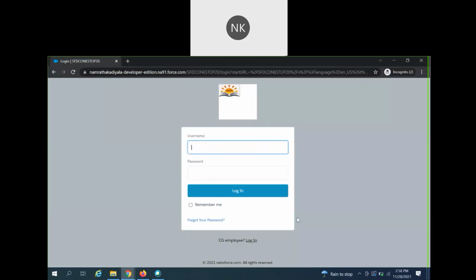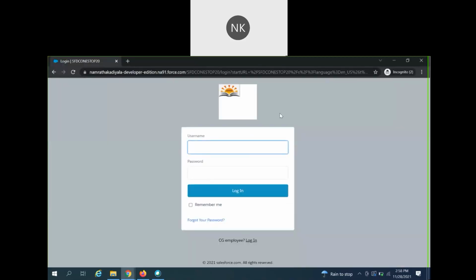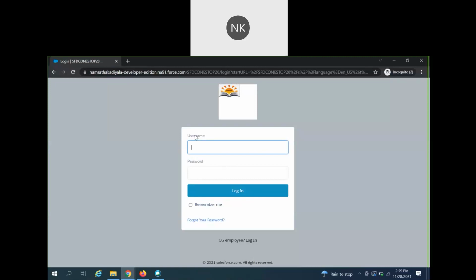Now there could be some requirements wherein you are asked to do slight modifications to this particular section. You can very well do that. Whatever you see here is a standard page, that is, a default page. If you wanted to change this particular page, you can create your own Experience Builder page or a Visualforce page. For example, assume there was a small requirement wherein they want you to make modifications to the username and password, add a little verbiage and small other changes like color or any other stuff.